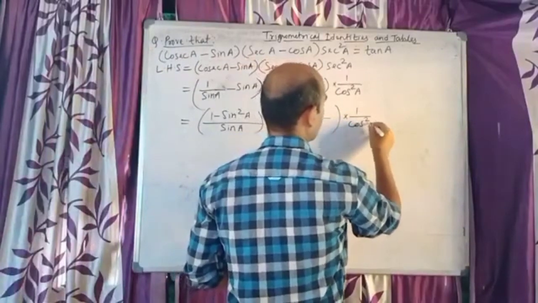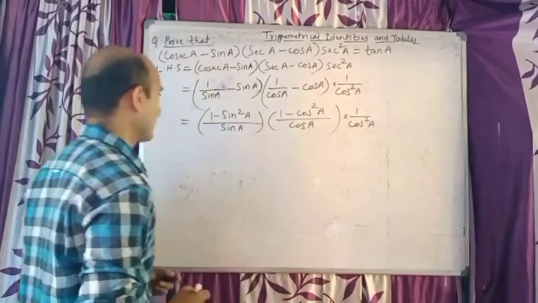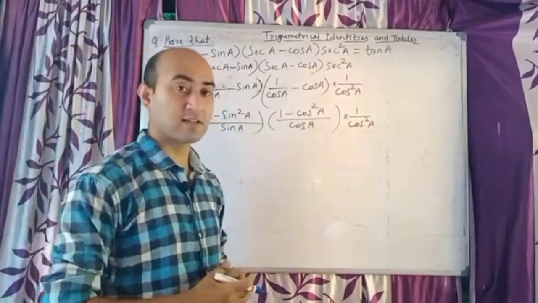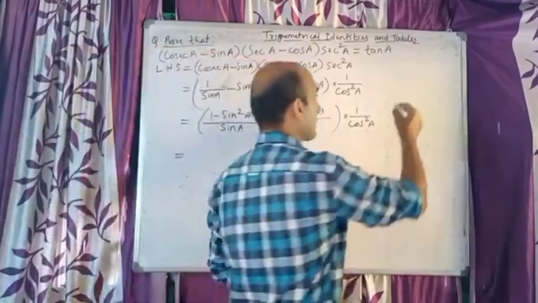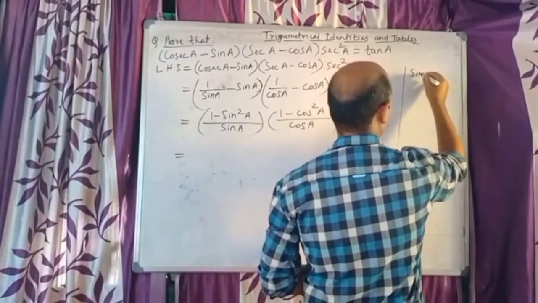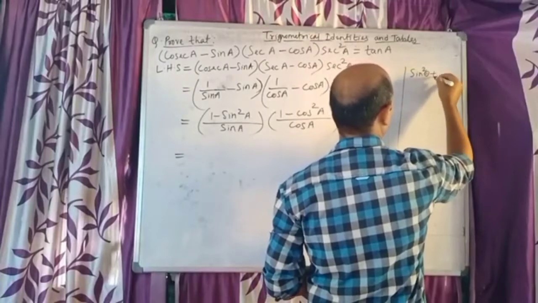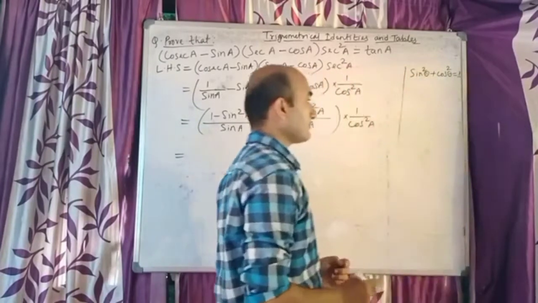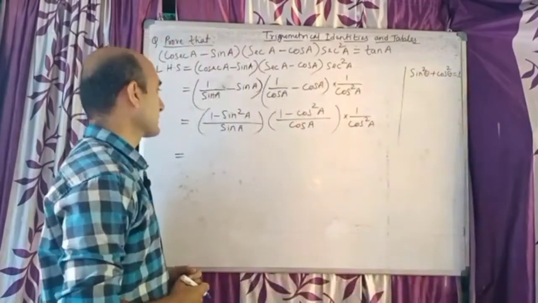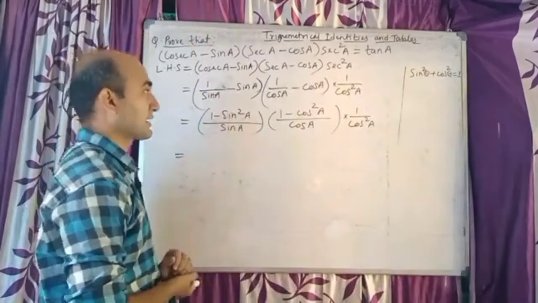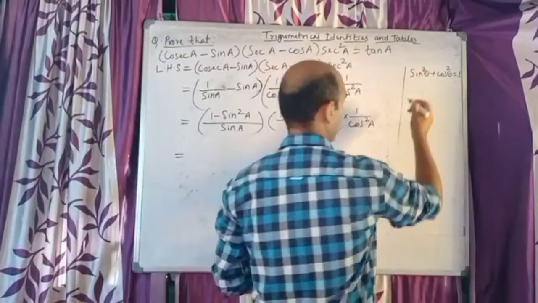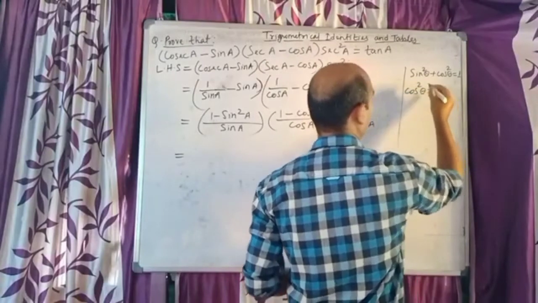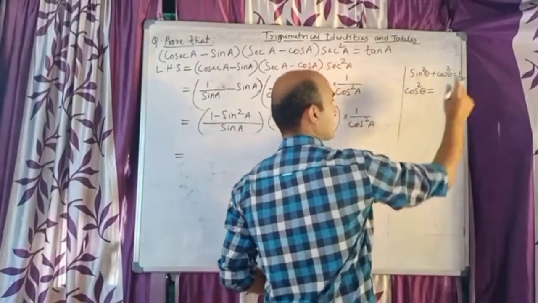Children, now come to formula number 1 which I had written yesterday. Sine square theta, I will write in the rough. Sine square theta plus cos square theta equal to 1. This was the formula. Children, 1 minus sine square A. Now whose formula is this? Point to be noted. If I make cos square theta alone, this sine square theta will go that side.